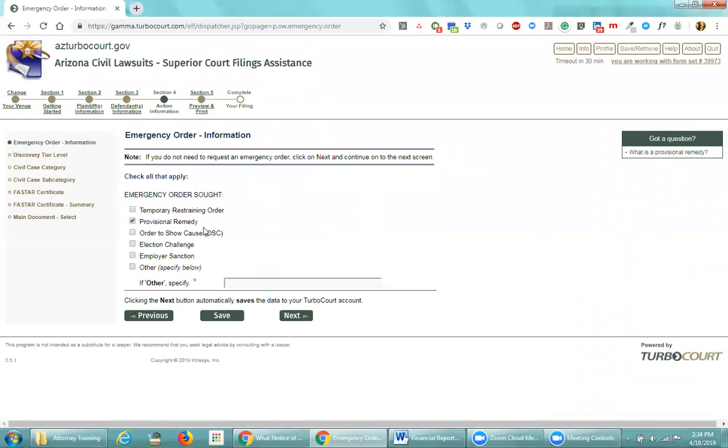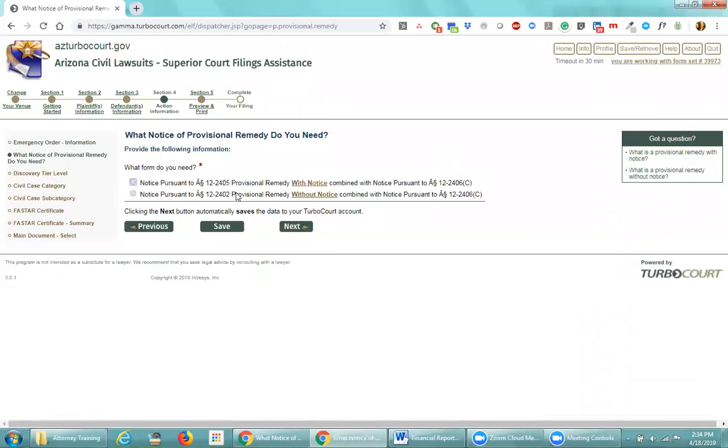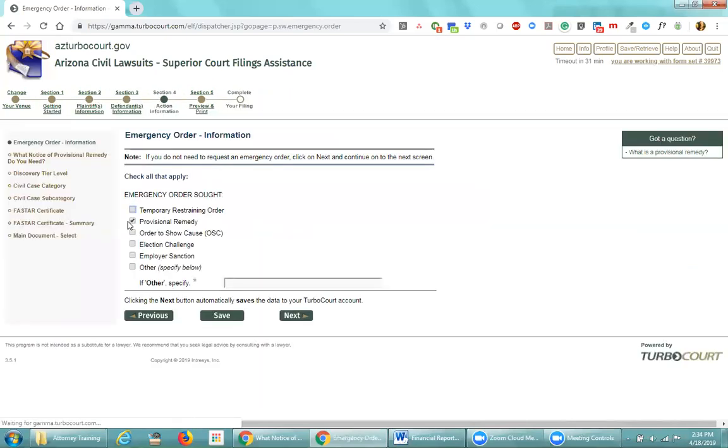So now I'm going to say provisional remedy in Pima. They ask the same question: do you want a provisional remedy with or without notice? But there's no additional checkboxes. Okay? And the reason being,